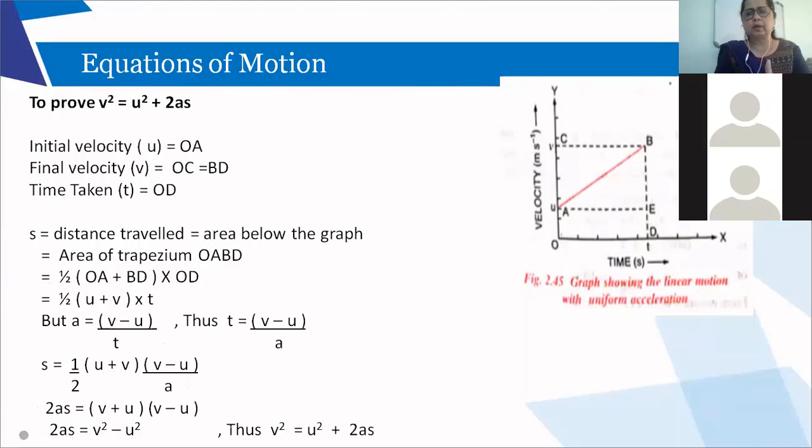Now again in this equation you have got S. Because we have got S, we are going to start with S. S is distance traveled, area below the graph. Which graph? The red color line. That is the graph. So S is area below that graph. Now this time for the third equation, like Aditya was saying previously, I'm not going to divide it into a triangle and a rectangle, but I'm going to take the entire area of the trapezium, for the third equation.